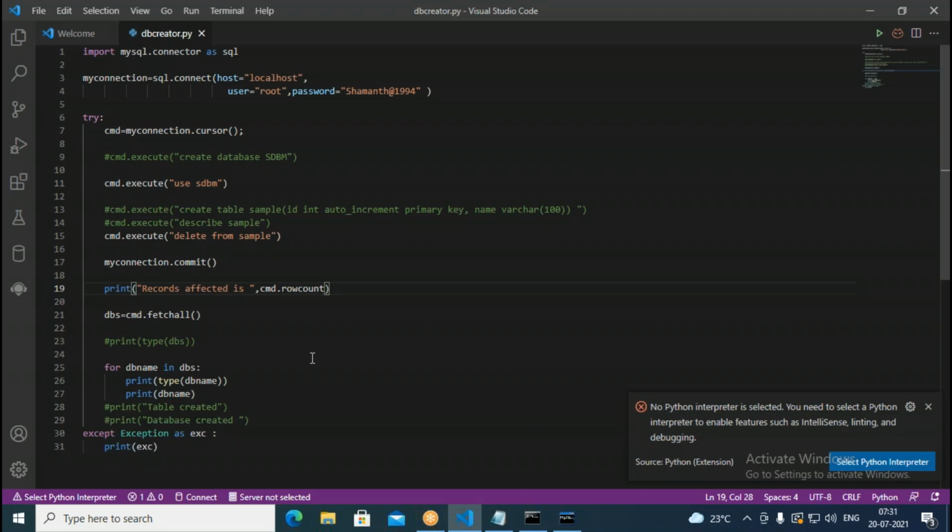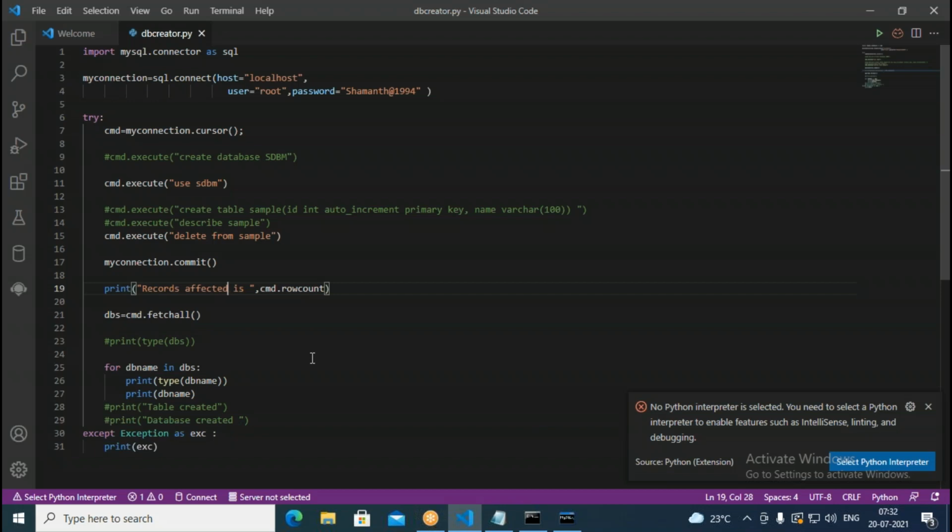So you need to do more and more work with MySQL: install MySQL, then try to run normal SQL commands, create tables in that. Try to put some foreign key, primary key relationships in that. However many tables you create, try to insert data into them, try to retrieve them. We even retrieved data from the given table using the select command also, and we have shown them here on the screen too. So like this, you can do many things. Whatever operations you can perform, you can do from Python also using MySQL connector.